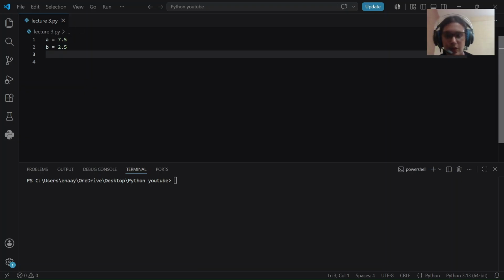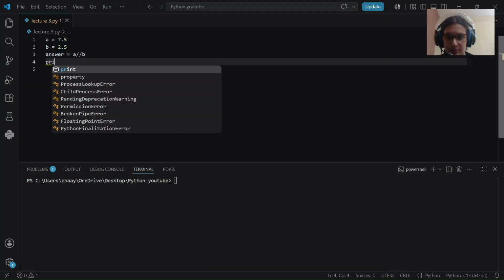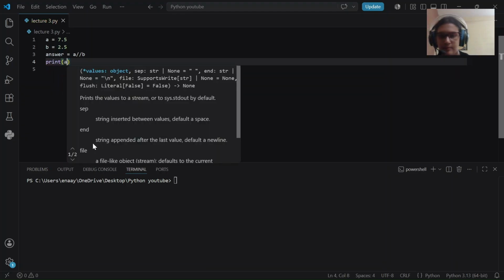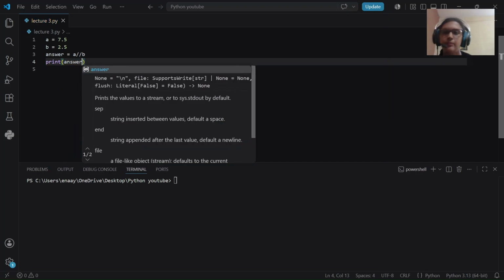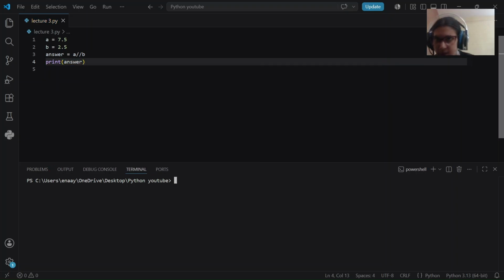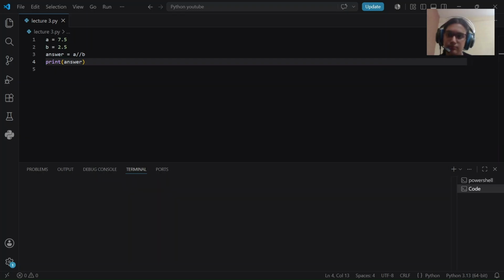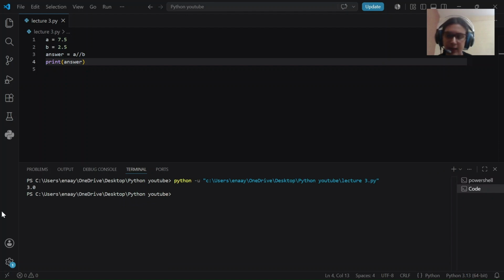If we use floor division on this, we do a floor division b, and we print this. What do you think we'll get? Do you think we'll get an integer value or a float value? Let's run it and check. We get a float value, but as you can see,